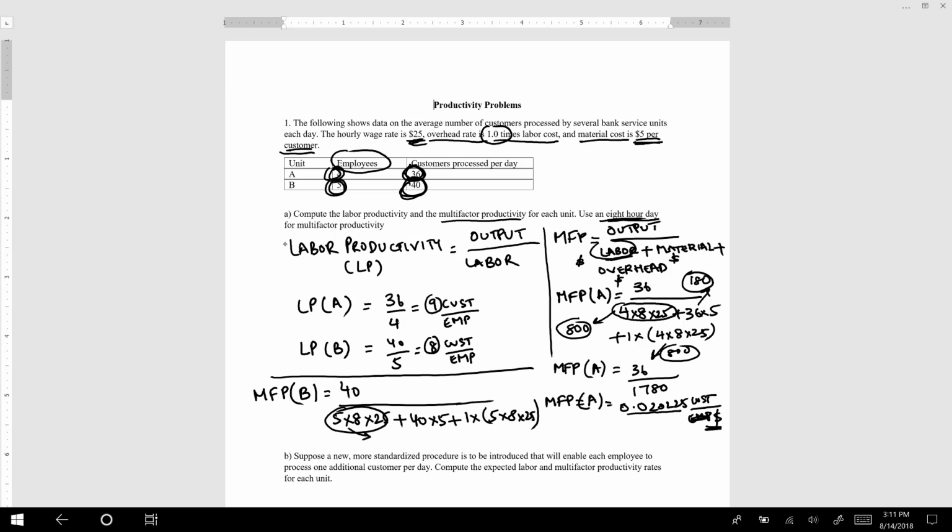So this value we will get 1000, and then the material cost would be 200, and then overhead cost will also be 1000. So if we add these three, we should be able to get 2200. So MFPB would be 40 divided by 2200, that is going to give us